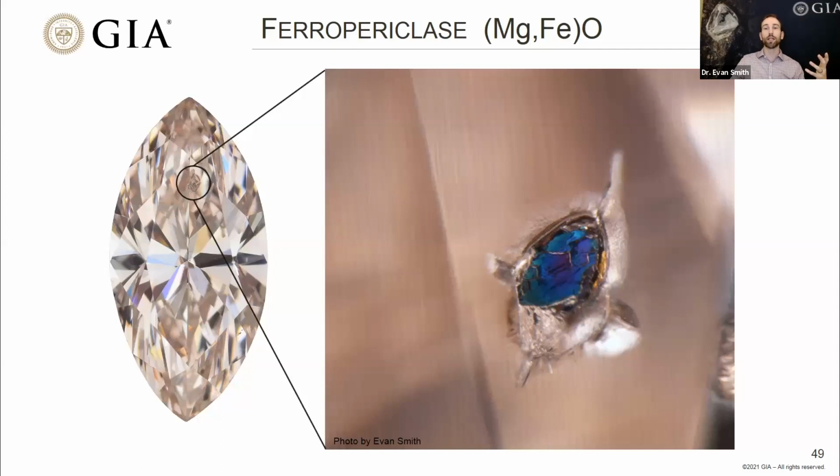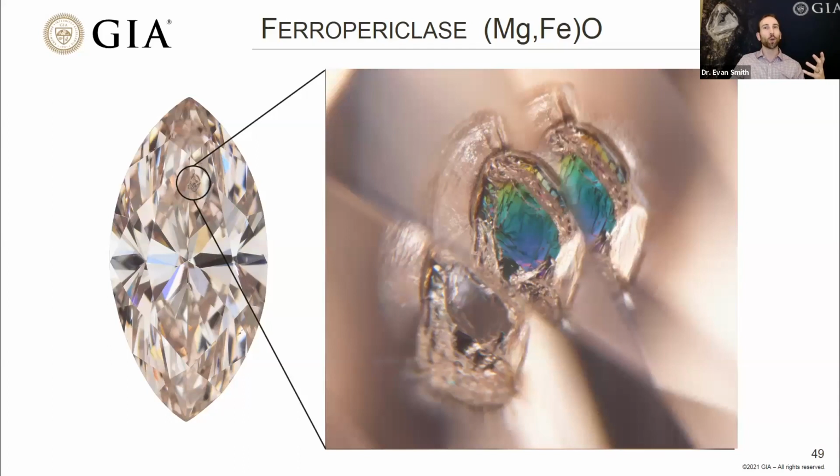So I've got a picture here of the same inclusion viewed from a slightly different angle, and it looks a totally different color. It's almost like a peacock kind of color inclusion. And we see a similar phenomenon to this in oil slicks on puddles or in soap bubbles. It's an interference kind of color. So it's caused by white light interfering with itself, and some colors are constructively interfered and they appear as vibrant colors, while other colors are destructively interfered and those colors are not pronounced.